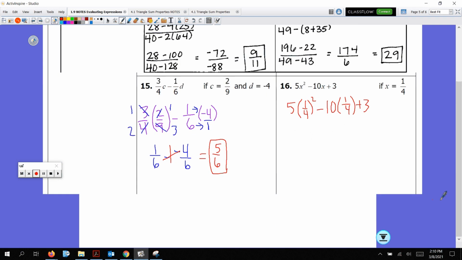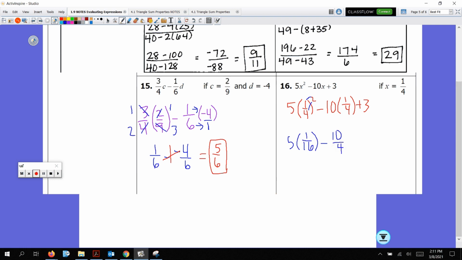First off, exponents coming first. I'm going to square this quotient, this fraction. We square both numbers, not just the top number, okay? So we square the 1, we square the 4. So it's 5 times 1/16 minus, I'm going to go ahead and multiply this 10 in, right, and get 10/4